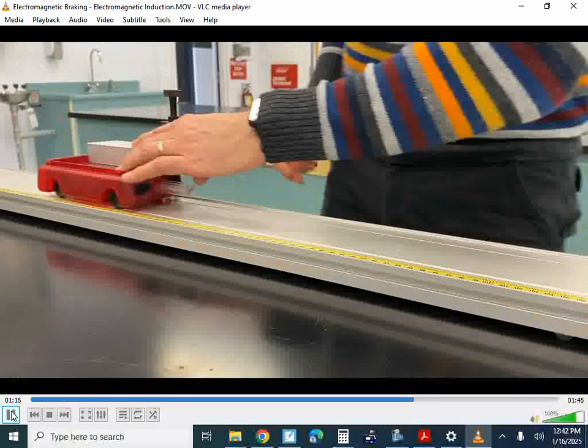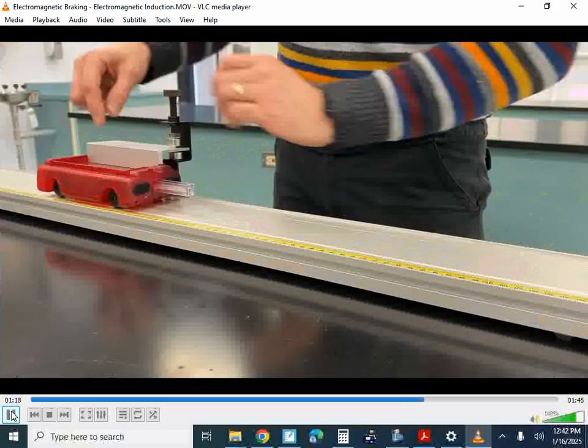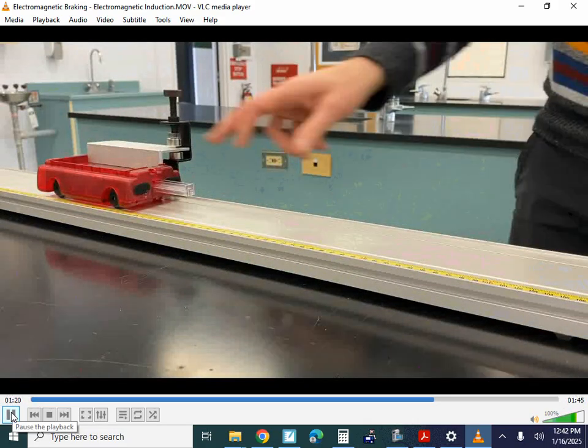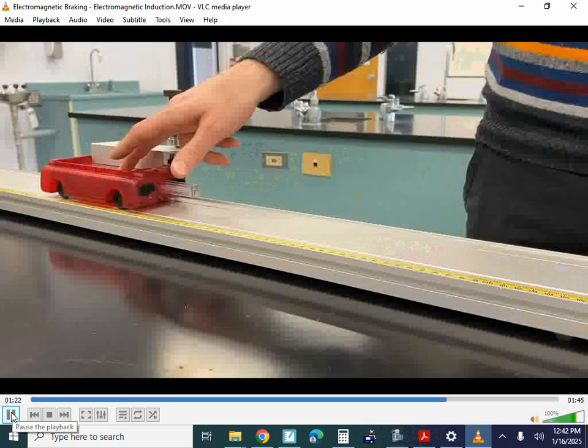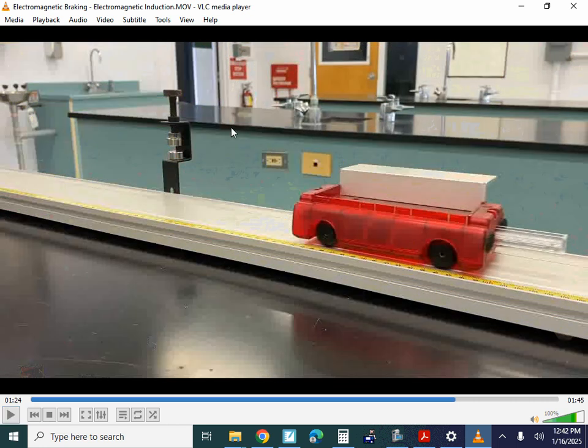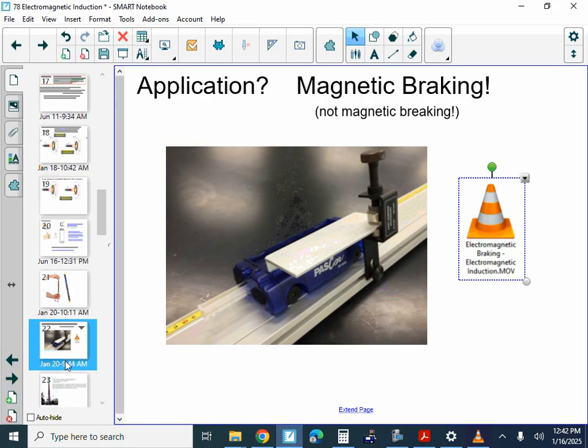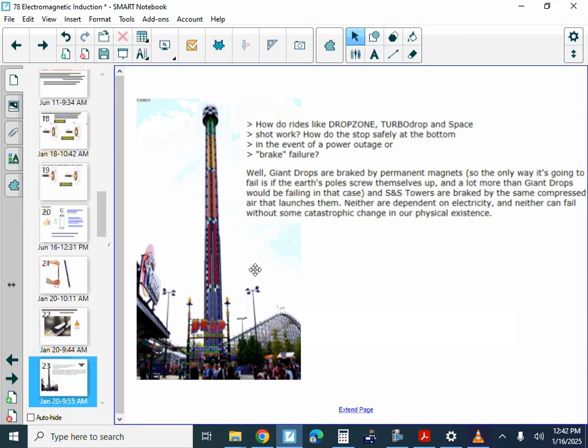You can actually feel that there's a resistance force, caused by the current in the plate. It's like there's drag, like the brakes are on. You're trying to move it back and forth, and it's harder to do than when it's just freewheeling on the cart. Things like the Drop Zone and Canada's Wonderland use this as a big part of the